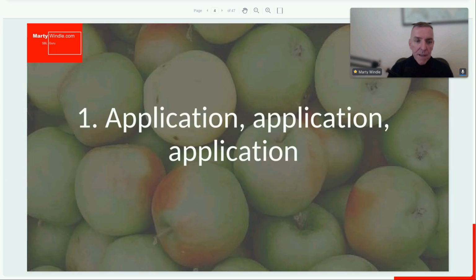So the first thing that people get wrong in the exam is, I call it the three apples: application, application, application. And application is really the key to passing SBL, right? If you want to pass SBL, it is not a knowledge-based exam. Some students memorize everything, all the theories, and it's not really about knowledge. The exam is really about application. It's about applying to the case study, applying to the question.